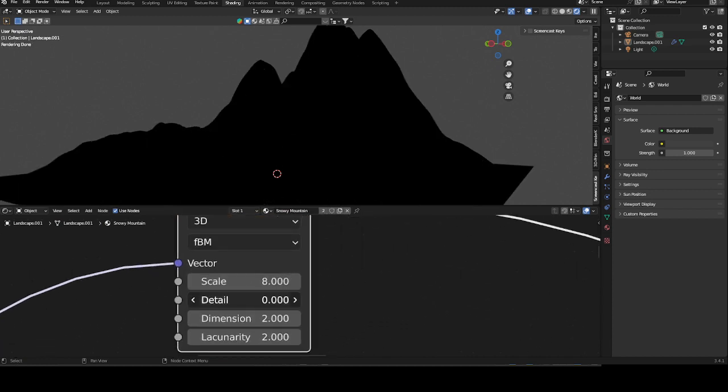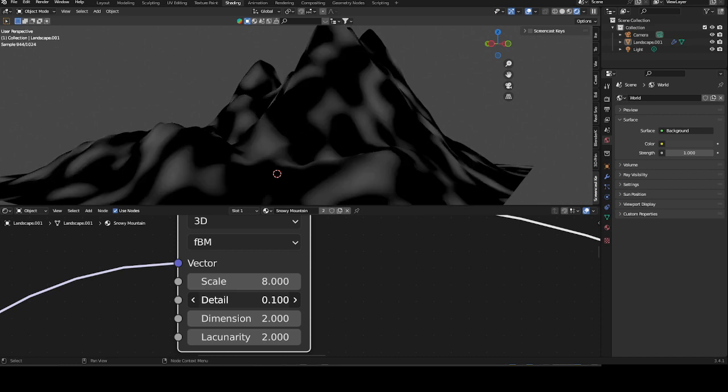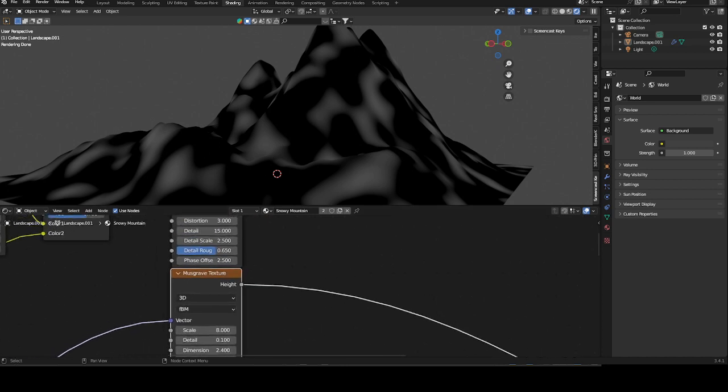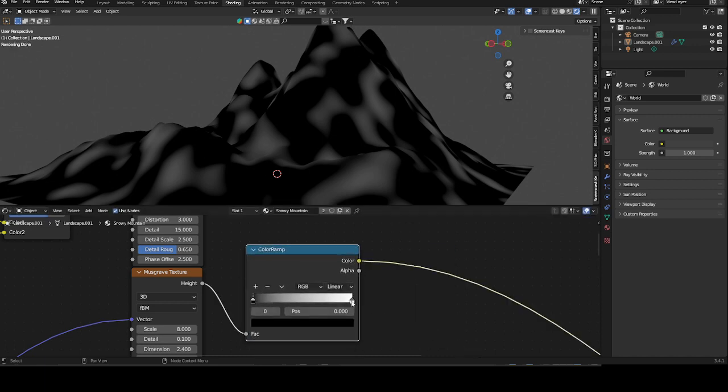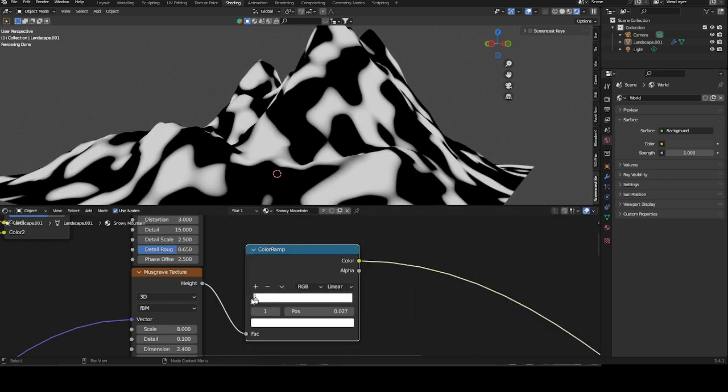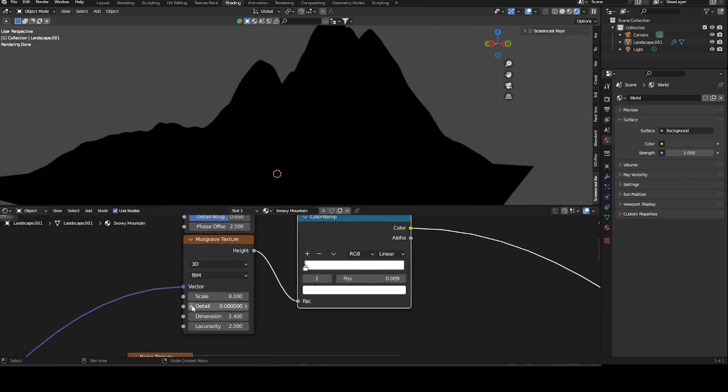Details down to 0. Maybe like a 0.1. I feel like a 0.1 is fine. Dimensions up to 2.4, and this stays at 2. Now we need a color ramp. Obviously, everything needs a color ramp. So plug the color ramp into here, and then just bring this right up to here. Something like this. We want this to be as, maybe we can even put